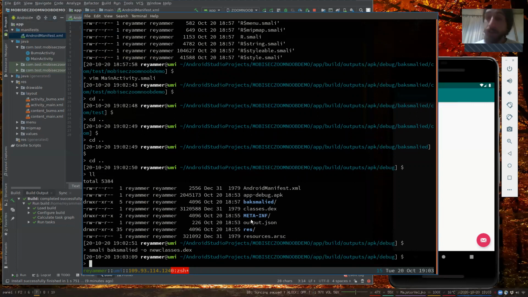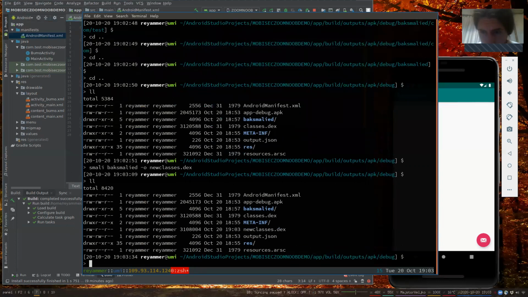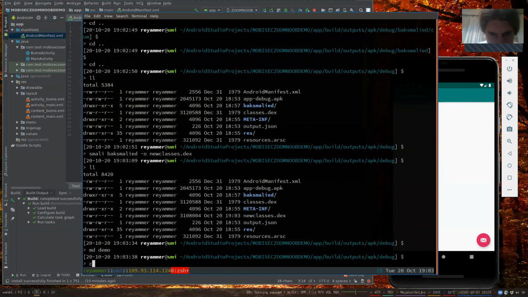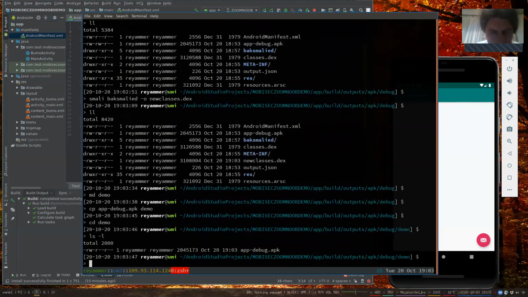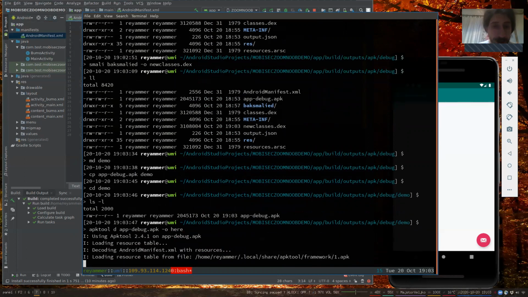All right, so that's where another tool kicks in, and that's APKTool. I mentioned this in the slides last time. Now we're going to have a demo on this. First of all, I made a mess, there are many files here. So let's create another folder. mkdir, MD is just my alias for mkdir. Add debugging demo. Okay, now we do apktool. D stands for decode, which APK, and then which folder we want to write the unpacked stuff to. We do it here. Okay, and